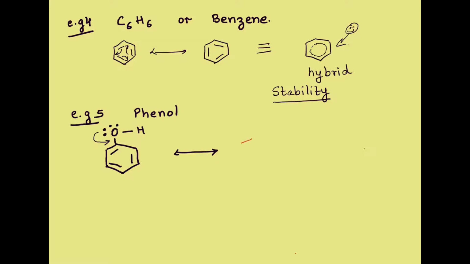So let's draw the second canonical structure in the case of phenol. So let's show the movement of the electron. We've got the electrons here, a double bond O and 2 electrons of the lone pair and hydrogen. Now look at the formal charge on oxygen. Yes, the formal charge on oxygen will now be +1. Remember how we calculated the formal charge? The other 2 bonds remain in their place.